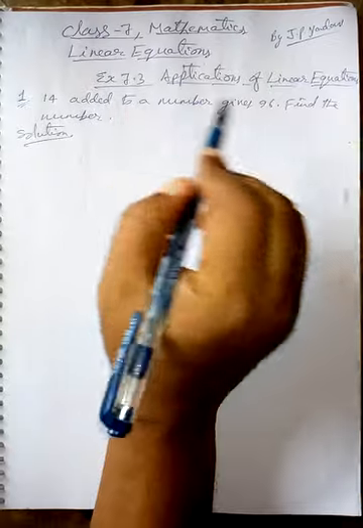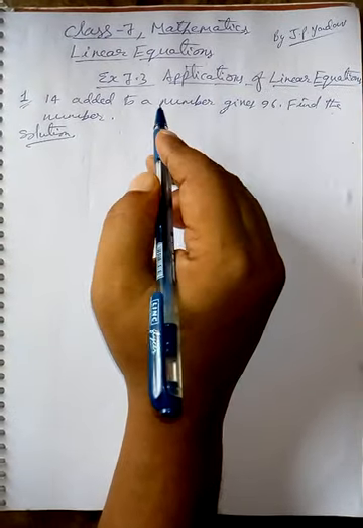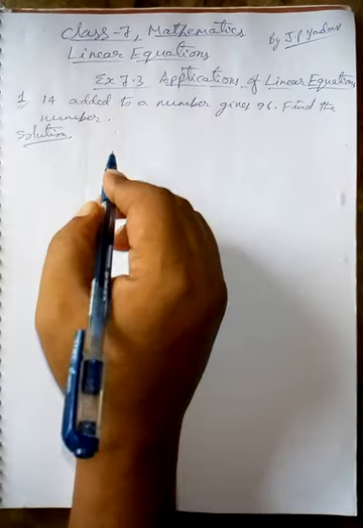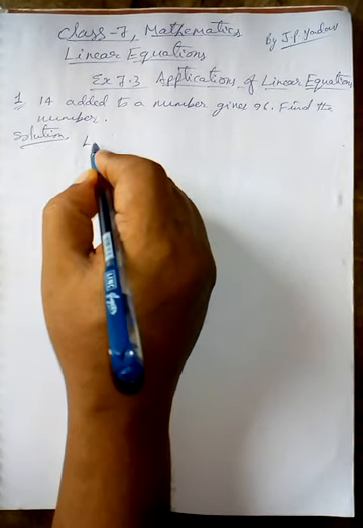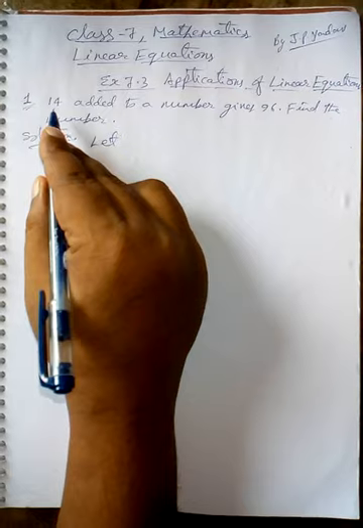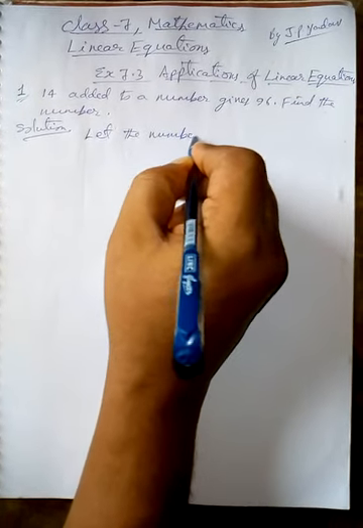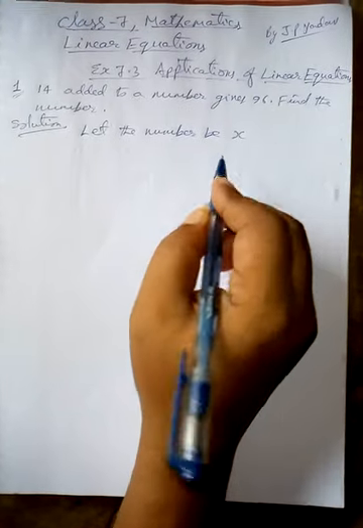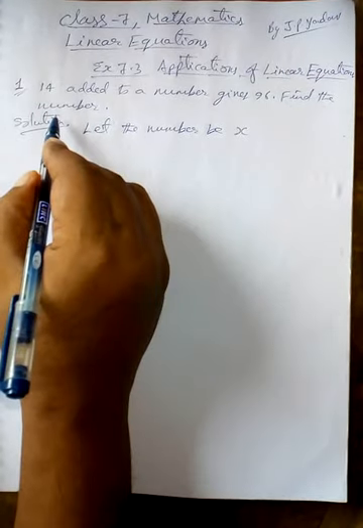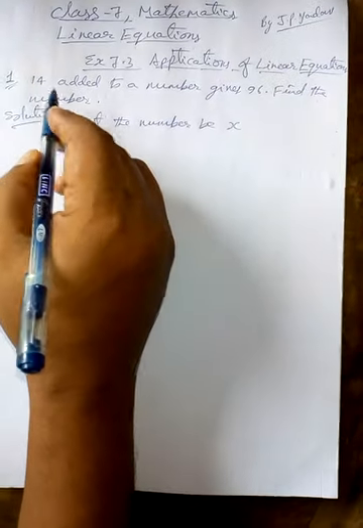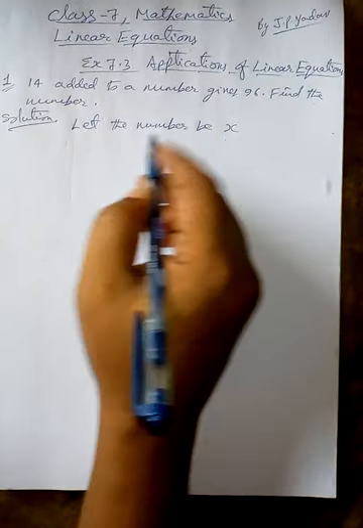The question is, what should be added to 14? In which number should 14 be added to give 96? मतलब 14 किस number में add करेंगे तो 96 आएगा. So let the number be x. We don't know the number to which we will add 14, so let the number be x. हमें नंबर पता नहीं है, find the number. तो हम उसे x ले लेंगे. Next step में 14 added to this number.